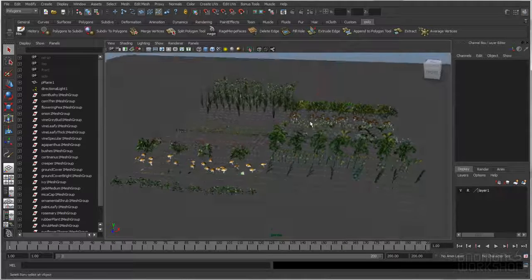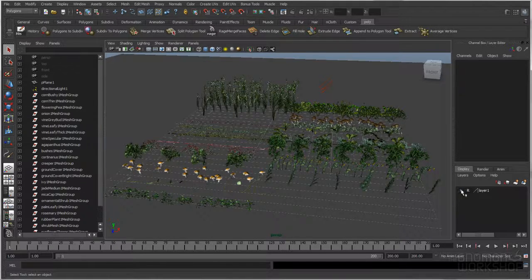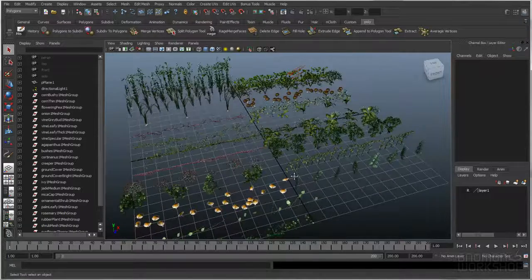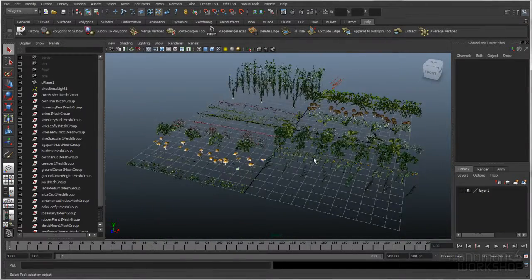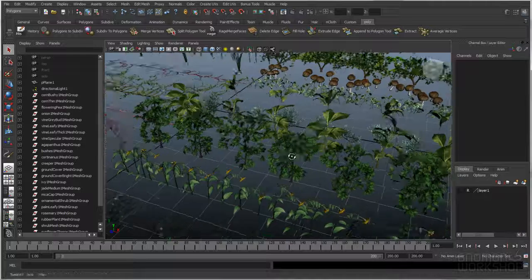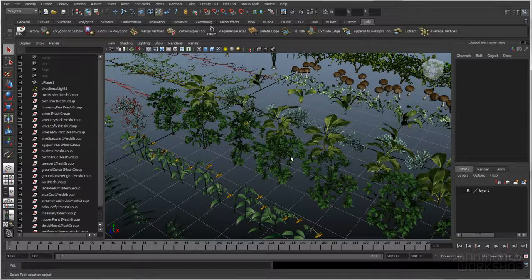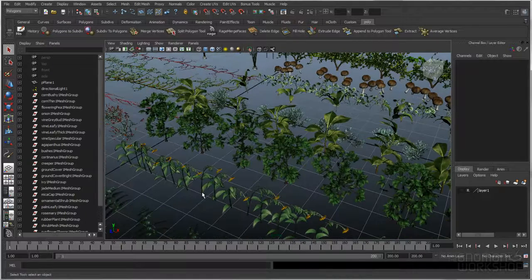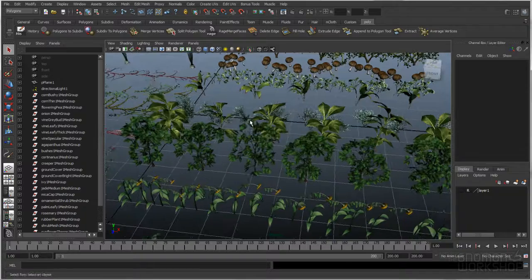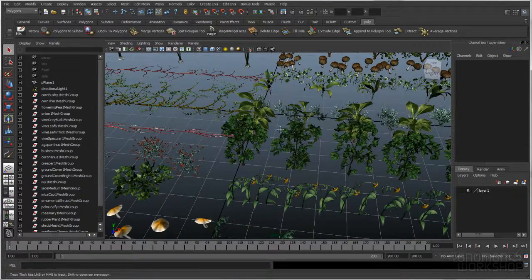All right, so to get into building the shader, it's really a matter of first understanding some basics about the MIA material, since that's what we're going to be using. And once you figure out how to make a shader for a branch or a leaf, in regards to how to set up translucency and reflectivity and whatnot,